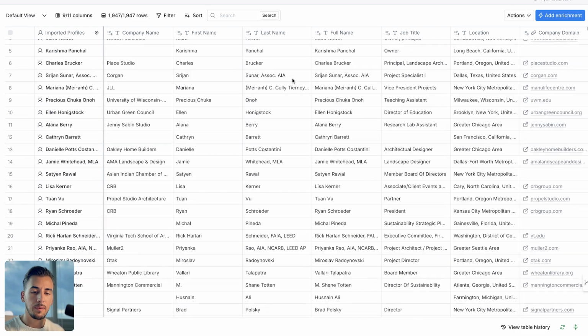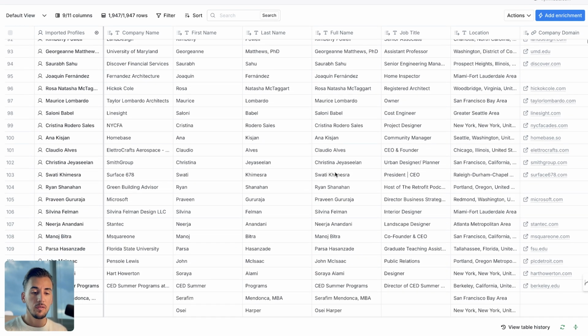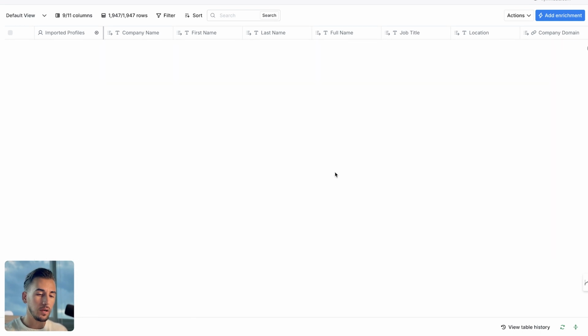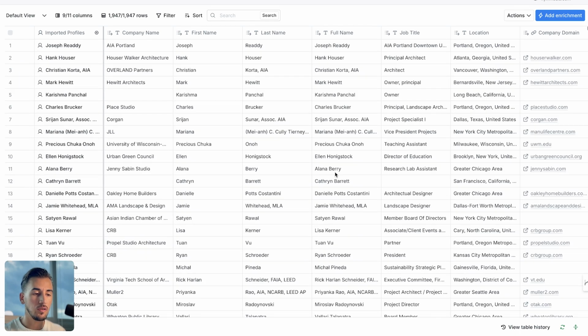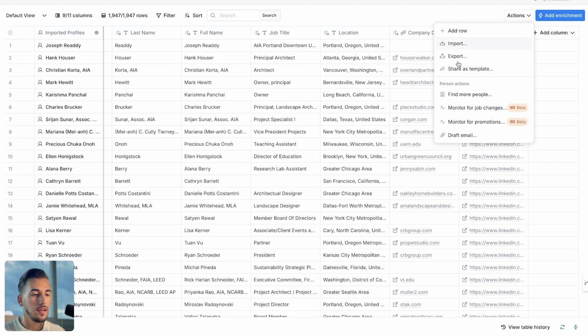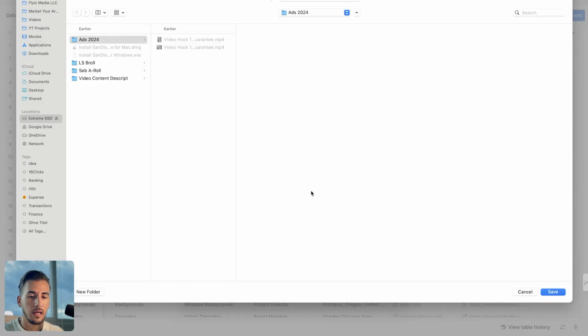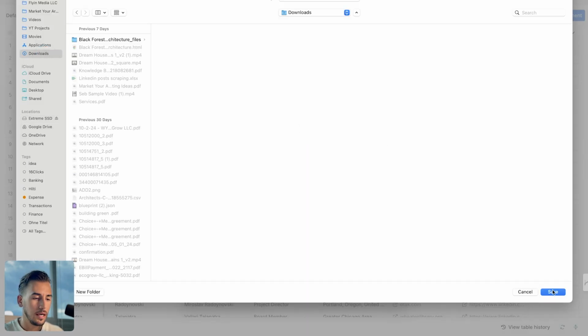You got to pay a little bit for this tool, but even on the most basic plan, you'll get the option to get as many of these leads for absolutely nothing as you want. So you can do as many of these searches as you want, and you can export this data and go and connect with these people on LinkedIn and take this to the next level. So what we can do now is we can just export this CSV, download as CSV, or push them directly to the tool. We're going to export this now, and we're going to just put it into downloads.